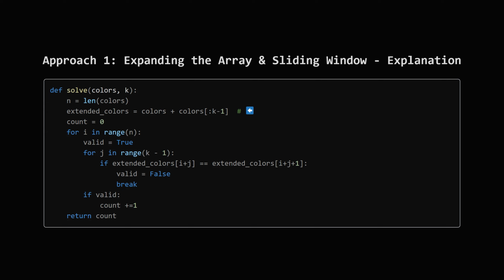Let's look at this line. The problem states that it's a circle, meaning that the first and last tiles are considered neighbors. So we can handle this circular property by appending the first k-1 elements to the end of our array. The j loop iterates from 0 to k-1. Notice how we use k-1. That's because within that range of k, each element within that range only has to check against its next immediate